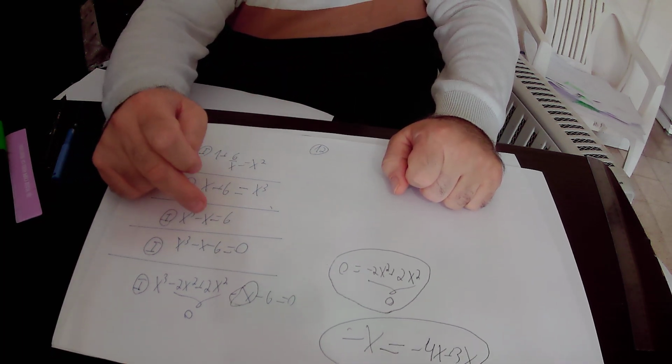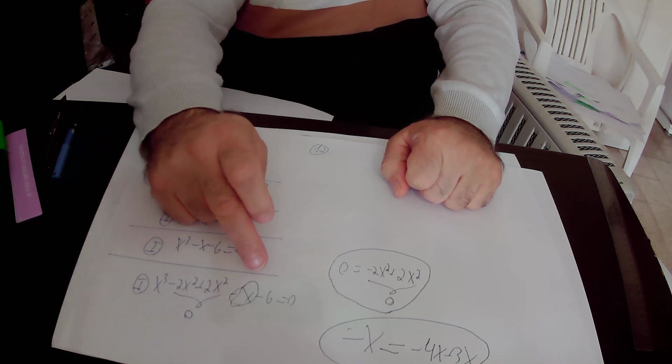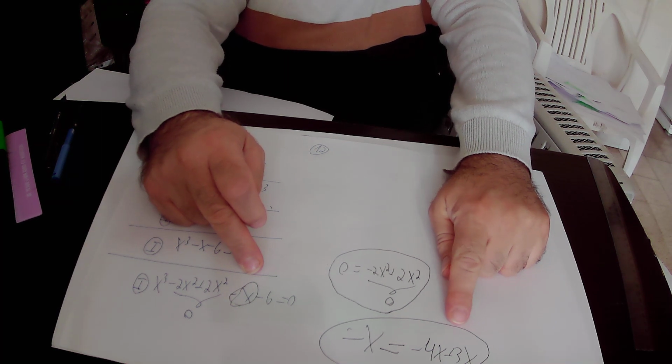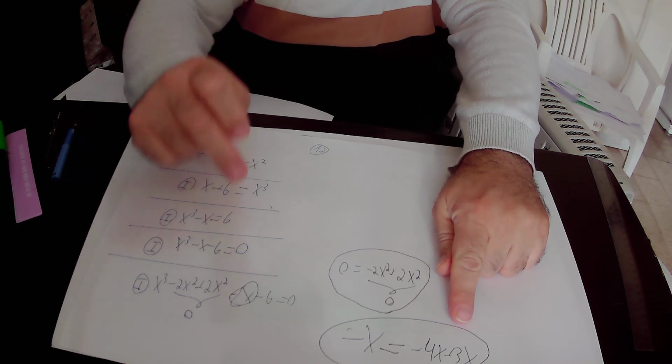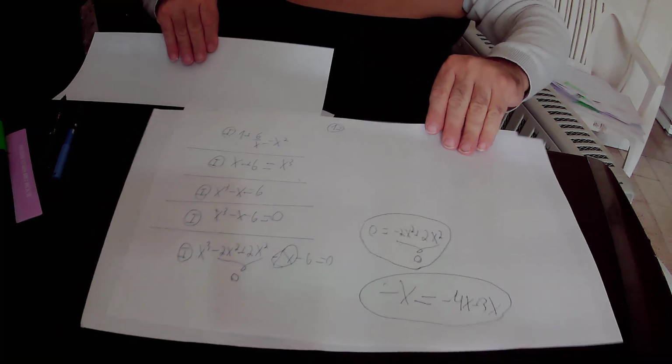Then we substituted minus x in equation number 1 by minus 4x plus 3x. Minus 4x plus 3x is minus x, so we can substitute minus x by minus 4x plus 3x. So we did it and we got this expression,